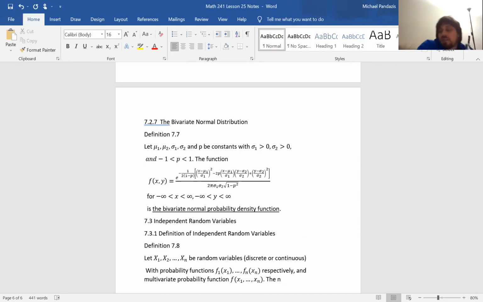The n random variables are independent if